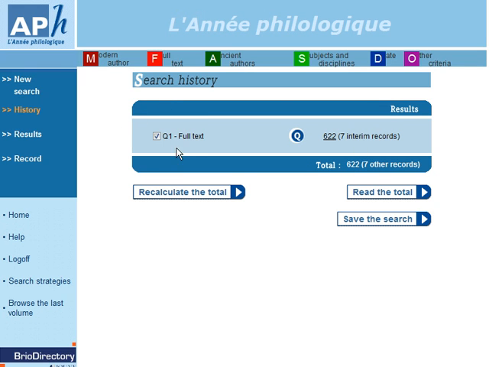Once again, we have our search history screen that gives us our initial results. We can see that this search gave us 622 records, along with 7 interim records. Now, this database is not up to date for the last 2 or 3 years, but once in a while they will make an exception to that rule, and those are what are called the interim records. So if we click Read the Total,